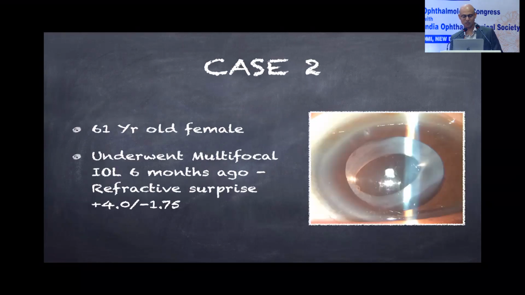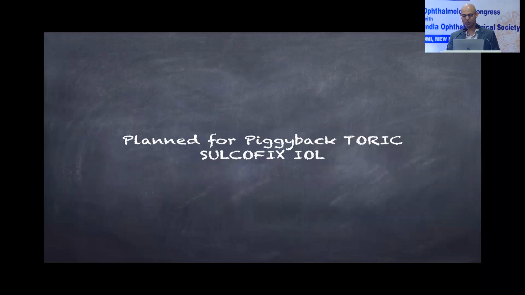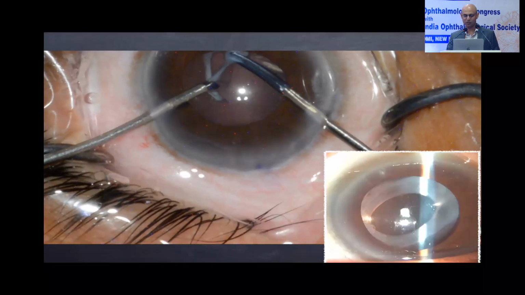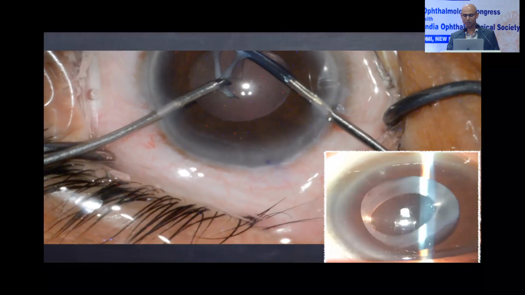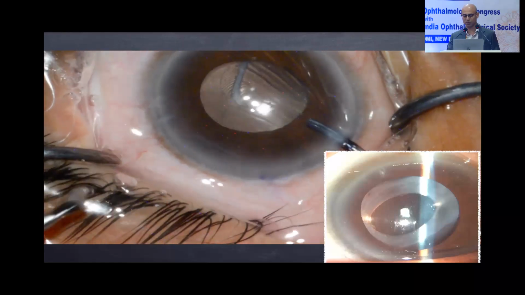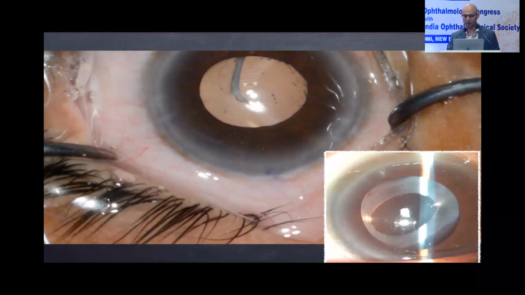What happened in this case is there was a phimosis which has displaced the lens anteriorly, and there was a change in the effective lens position as well. Plus, I think there was some calculation error as well. So what we did in this case was we planned for a piggyback Sulcoflex toric because there was also a cylinder. So this is made by Care Group. We also have from Reina similar lenses, and we just excised the entire phimosed anterior capsule and opened up the anterior capsule,